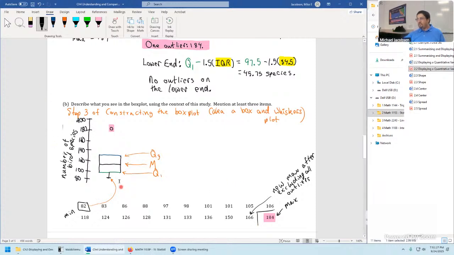So in other words, the whiskers in the box plot aren't always the min and the maximum. They'll go to the smallest and largest observation in your data set after you tossed out the outliers of that data set. So 166 is that new value.